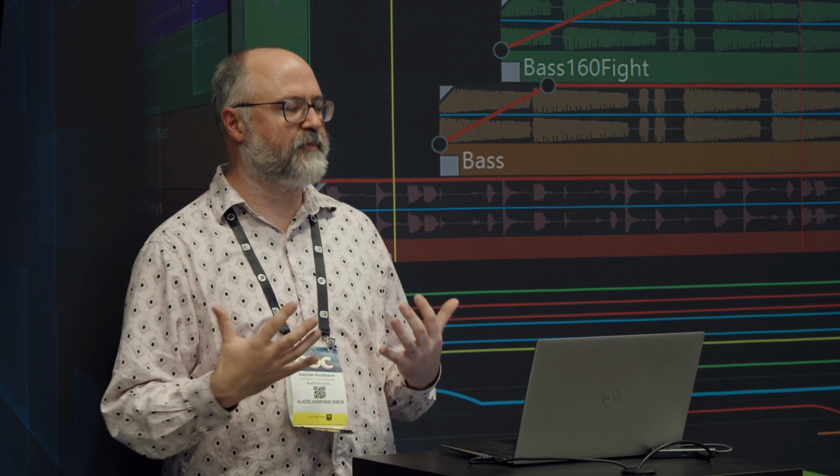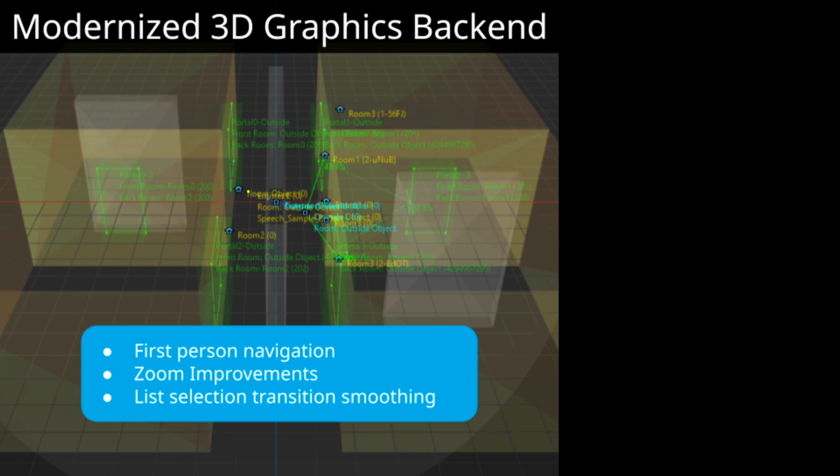We're going to go far with this next framework, and I'm really excited to be taking these first steps. Also came with some usability features in the Game Object 3D viewer. So this will continue to find its way into Wwise towards a native Mac and PC version in the future.